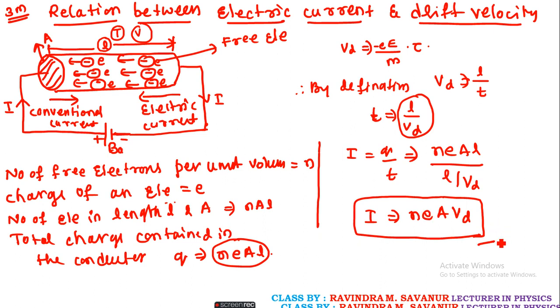So this is the final equation, and this is a 3 mark question for your examination. This is a most likely question. They are going to ask you this: derive the relation between electric current and drift velocity. Take a screenshot of this, and it is also given in your notes, so you can refer. In case anything is not understood, ask your doubts later. Here I stands for electric current and Vd stands for drift velocity. The rest of the things are constant.